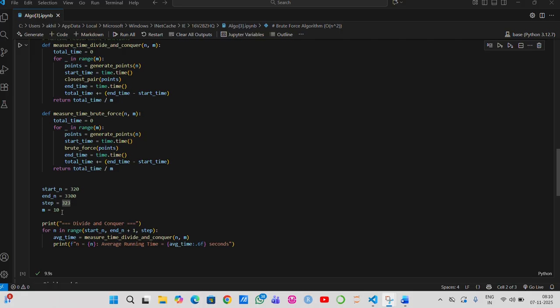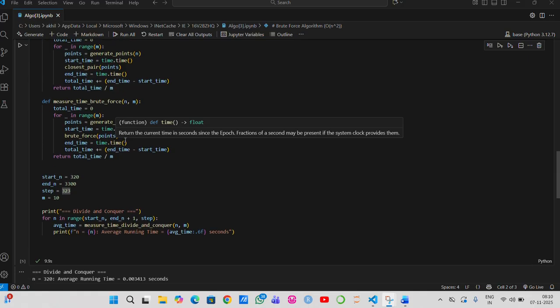This helps smooth out random variations due to system load or background processes. I use the Python time function to record start and end times, averaged starting from the input size of 320